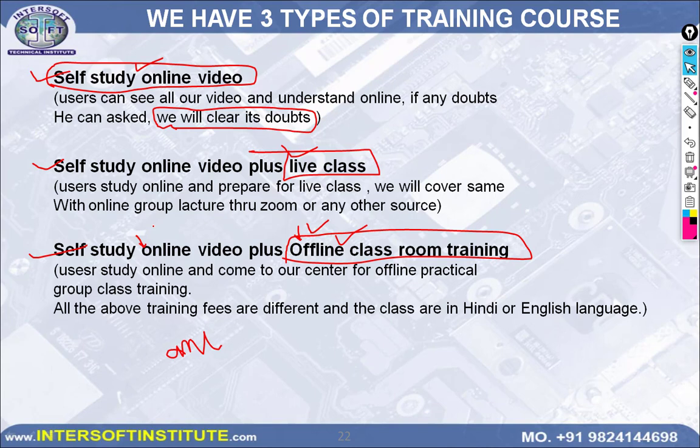If he understands all the class lectures online, then there is no need to come offline. If you don't understand online, then he can make a class booking and come offline, pay the difference amount, whatever the offline fees are, and attend. But he has to watch the online videos and come, so that he can ask more queries and questions and understand easily. So these are our three types of class.